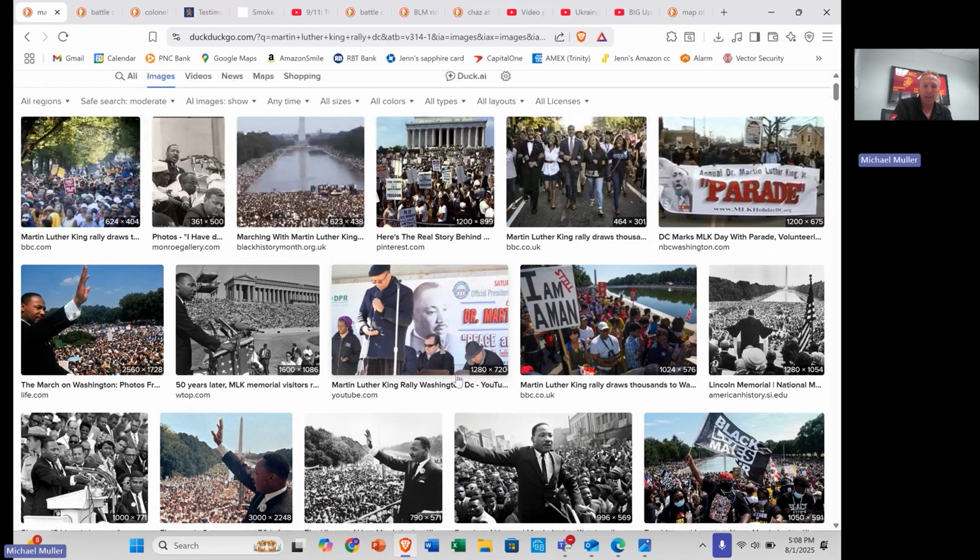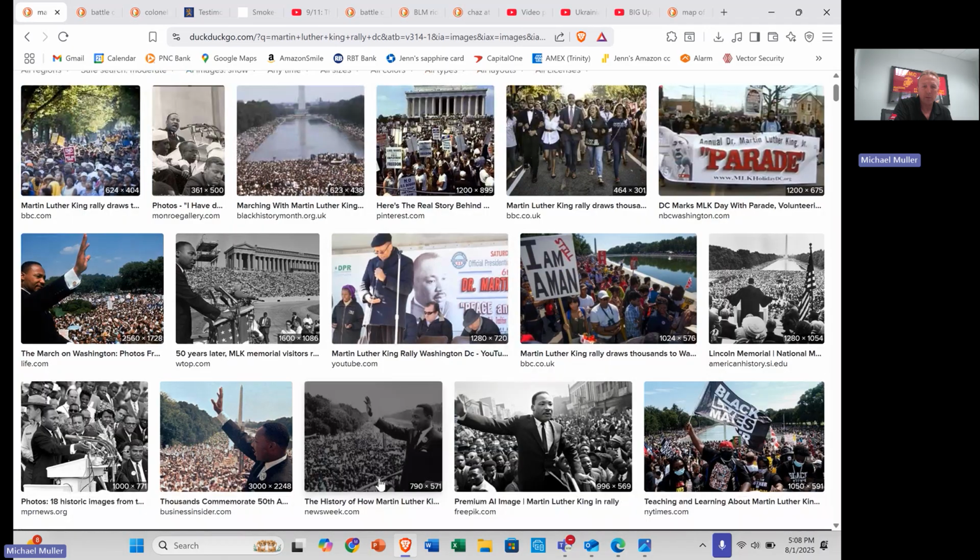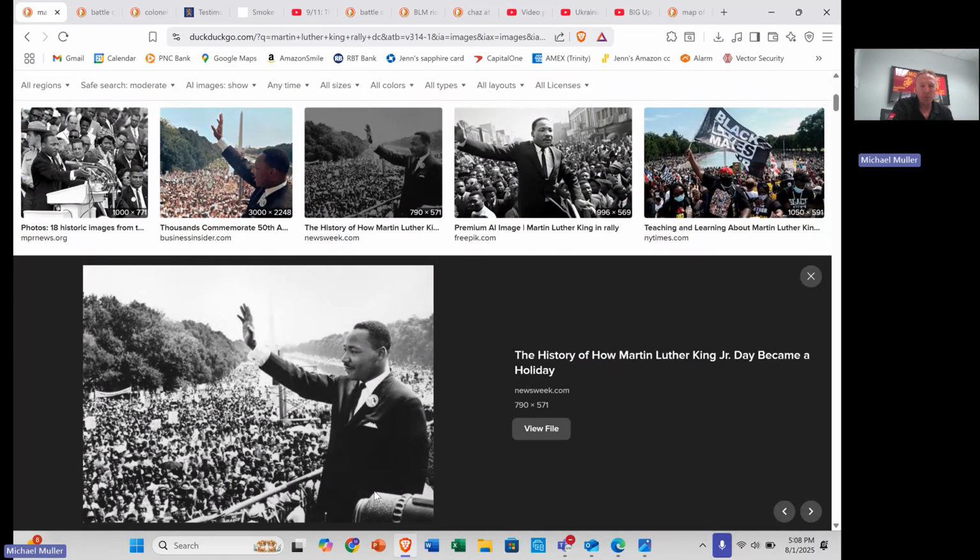Dr. King went about it exactly the right way. Look at this crowd, though. First of all, he's in Washington D.C. You could see there's probably a few hundred thousand people here in this rally, probably more because it probably goes off screen. But it's a peaceful demonstration where they basically said, "Look, we're not going to have violent riots. We're not going to burn down cities or anything. What we're going to do is just peacefully protest."